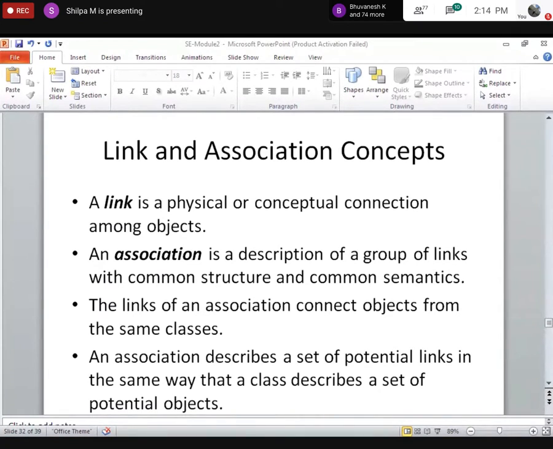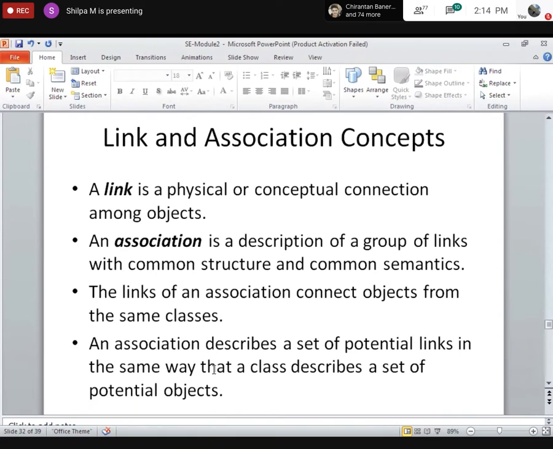And association is nothing but the description of what that link is or what that connection is. So this association tells me the type of the group of links which have a common structure or semantics. So link is physical, whereas an association is a group of links which have a common structure or semantics.